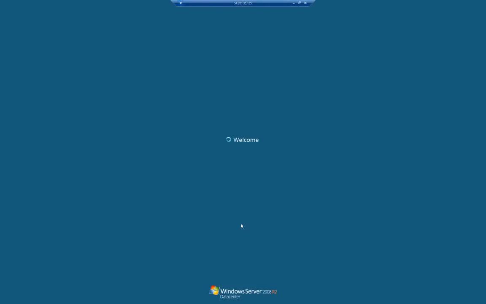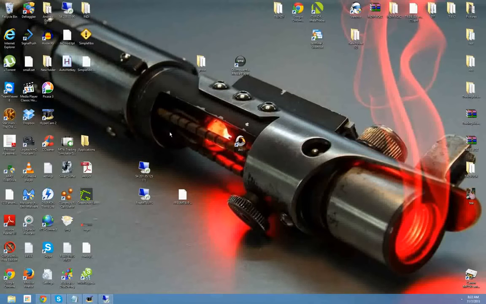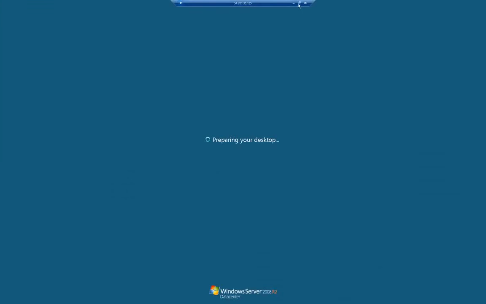Configuring, and voila, what do we have? Windows Server 2008 R2. Right now it's just basically loading up. While it's doing that, so what can we do at the top? There's a little pin button. If you click it once, it pins it. If not, now you want to minimize your, there we go, here it is, make it big again. You can window it,